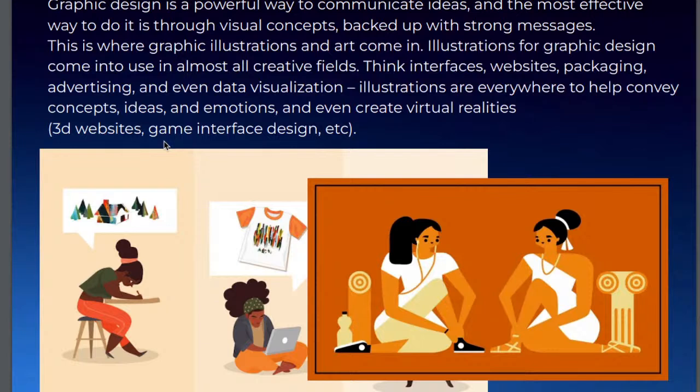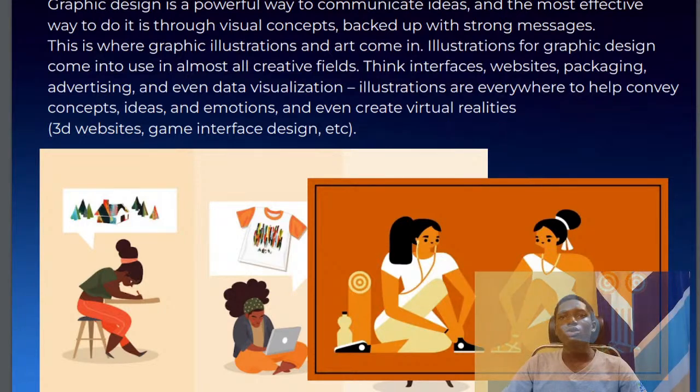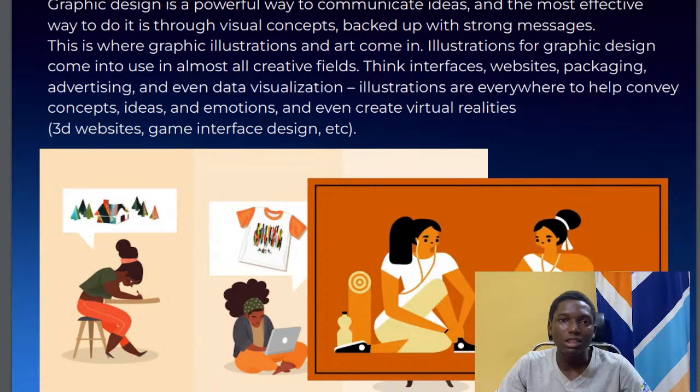As I said earlier, text is a way, typography is a way to pass across or communicate a message. And also, if you feel you cannot use typography, you can use shapes. If you feel you cannot use shapes, you can use motion designs. Motion designs also, if you cannot use motion designs, you can use colors. Colors also communicate your art or intent of what you want to display. So this in a way also helps illustrative images to pass out